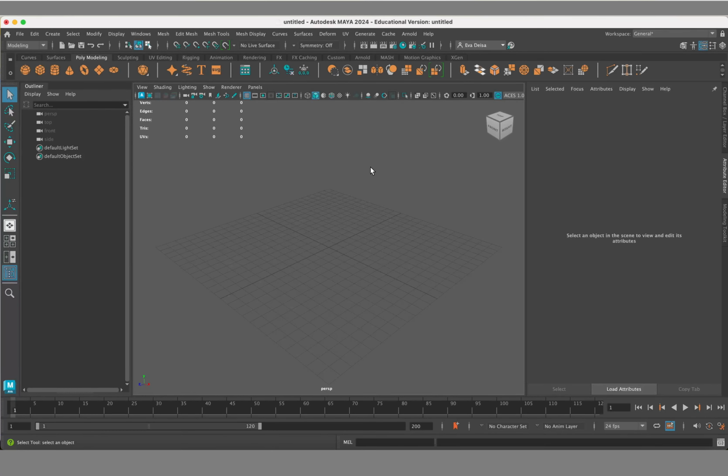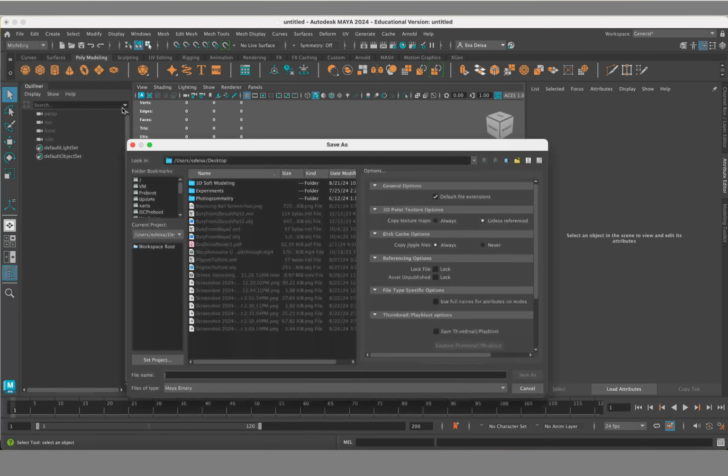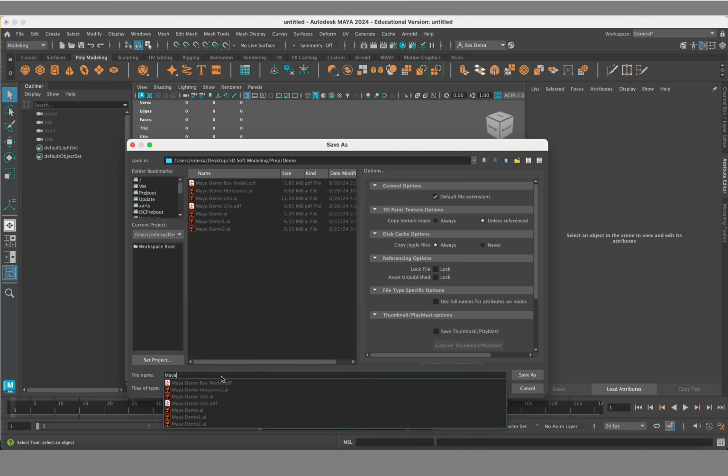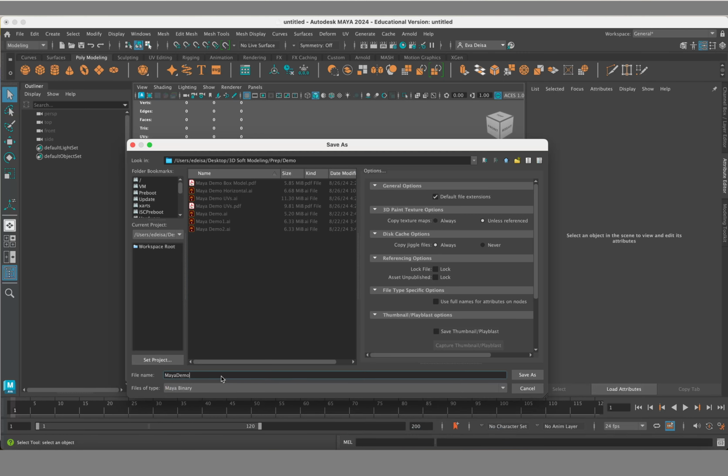Alright, so welcome to a tutorial about Maya box modeling, kind of what we will go over in class. So I'm starting here with a blank Maya screen, untitled project, and the first thing I'm going to do is save it into, let's say, Maya demo. There we go. Saving is really important,